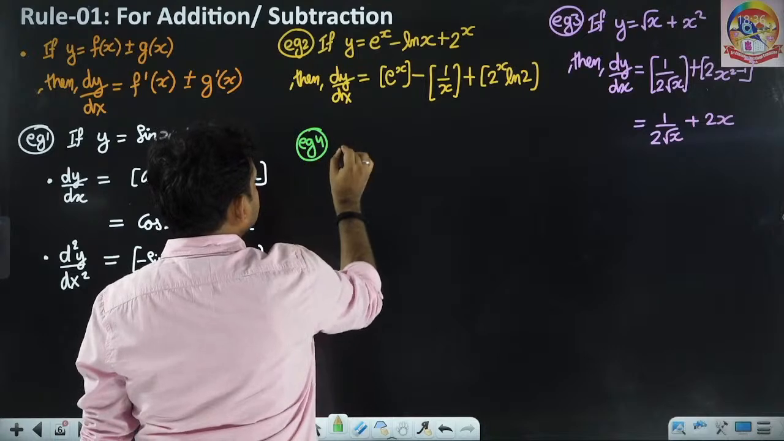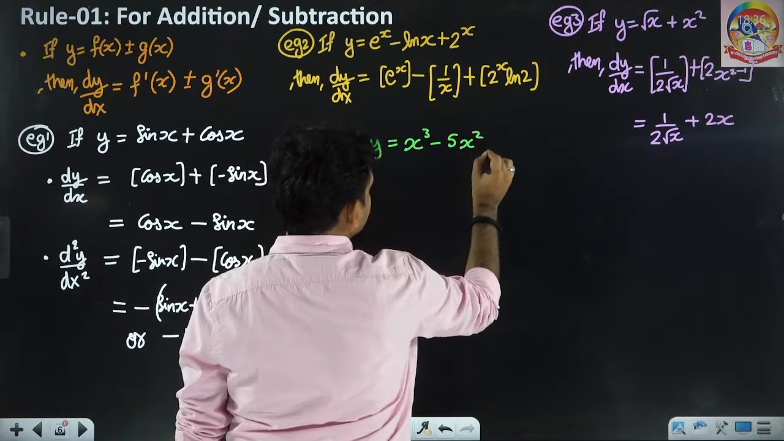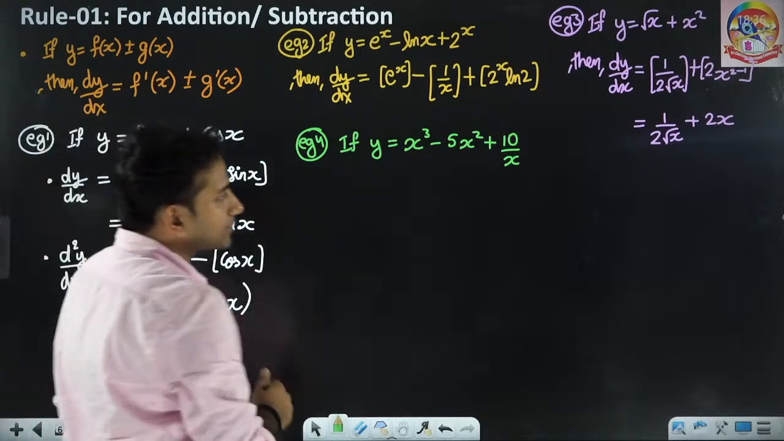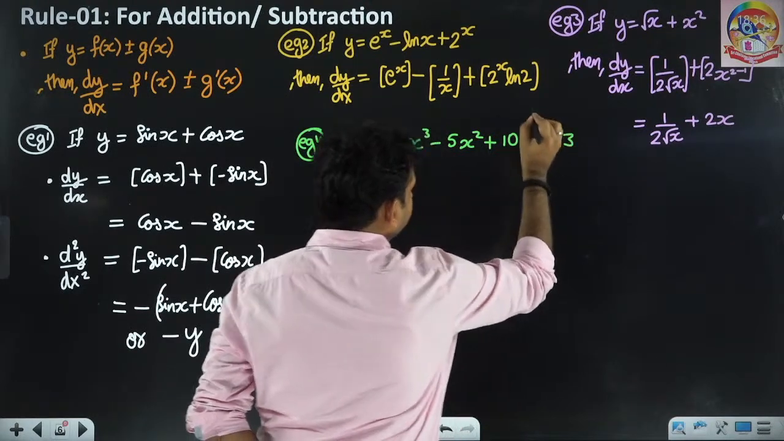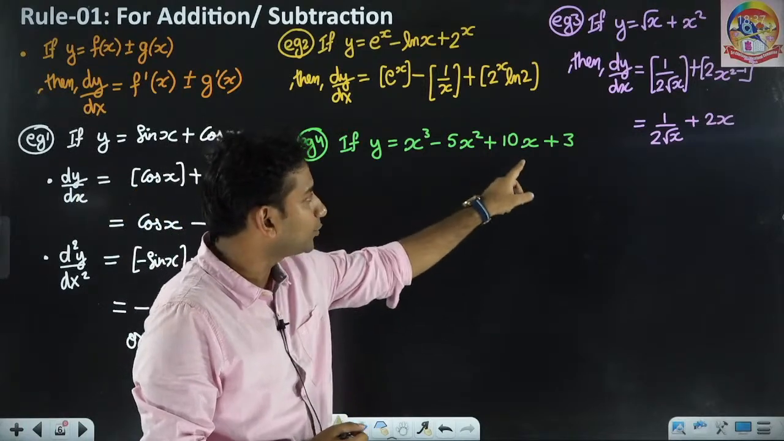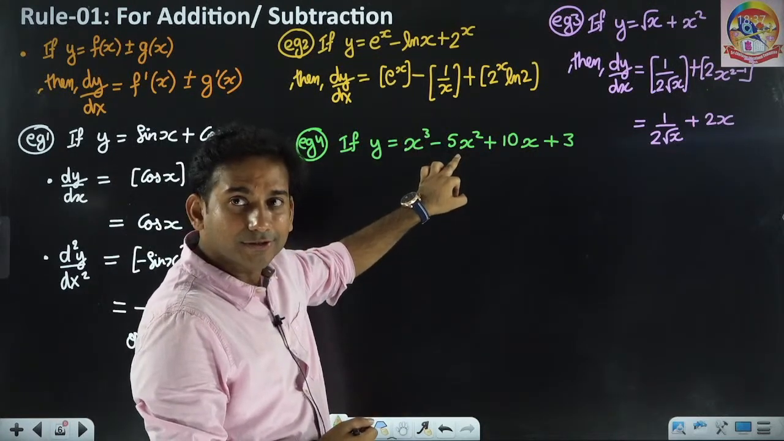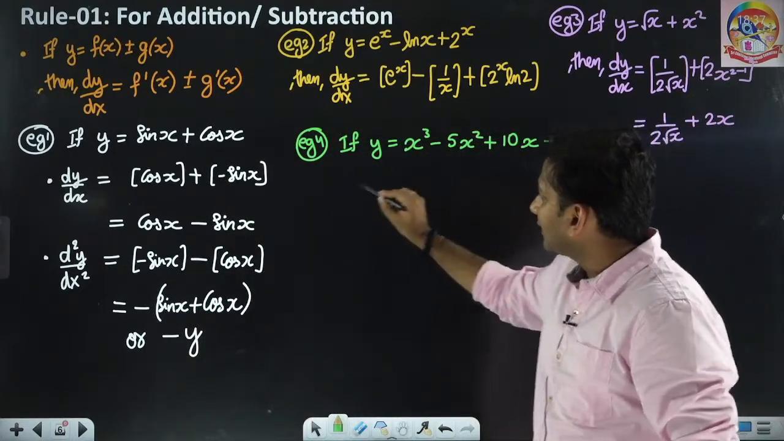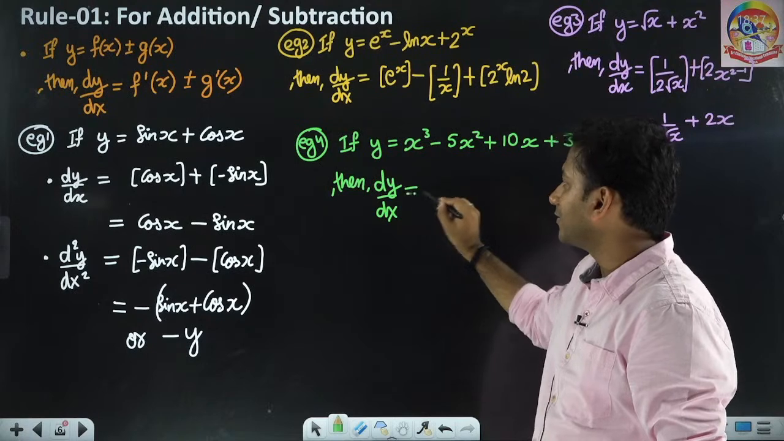Example number 4. Suppose y is equal to x cube minus 5x square plus 10x plus 3. You can see the cubic term, the quadratic term, the linear term, and the constant term. In that case, if you want to get the value of dy by dx, that will be equal to,